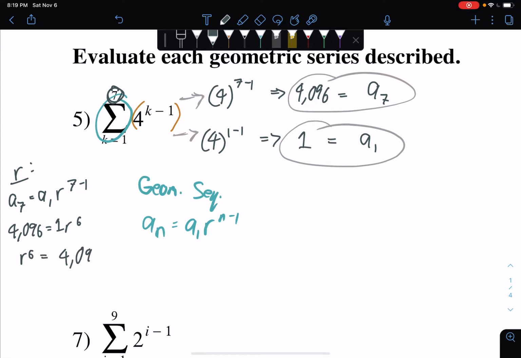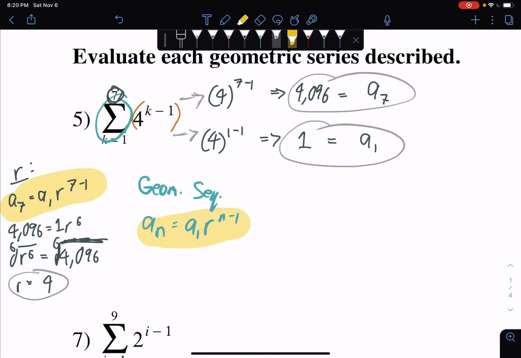Let's put things this way. Nothing really changes that much. Okay. We'll place a root this way. I'm not sure how to describe it, but by the looks of it, I hope you can see where I'm getting at. Place this in the calculator for the 4096, and our r is equivalent to 4. So I hope you can see the analysis of how we apply the geometric sequence for finding the common ratio,